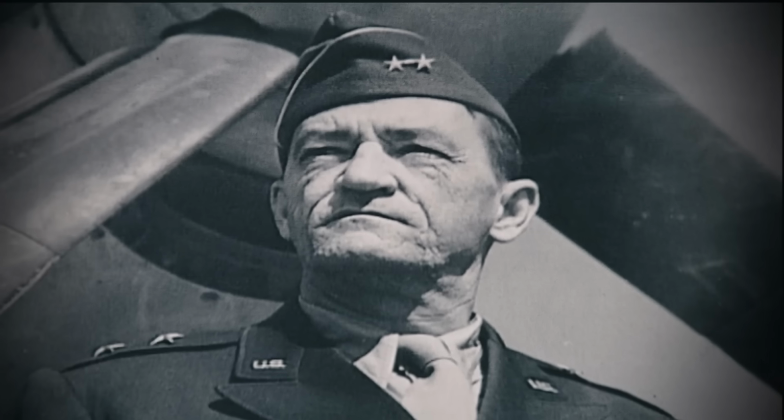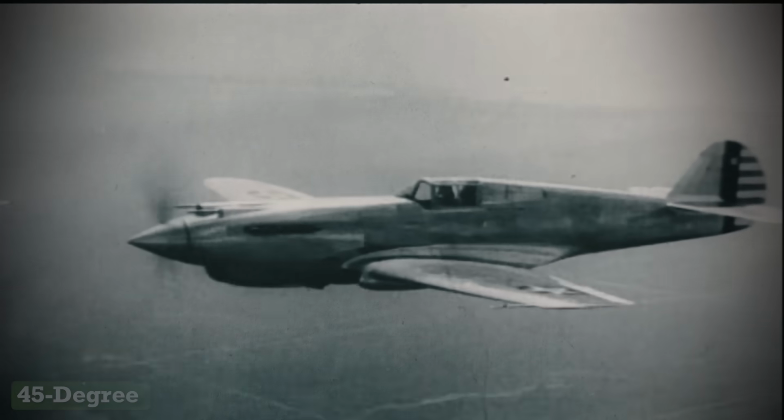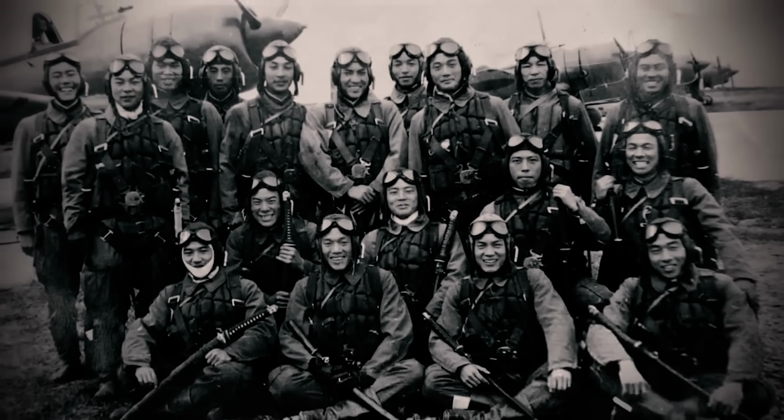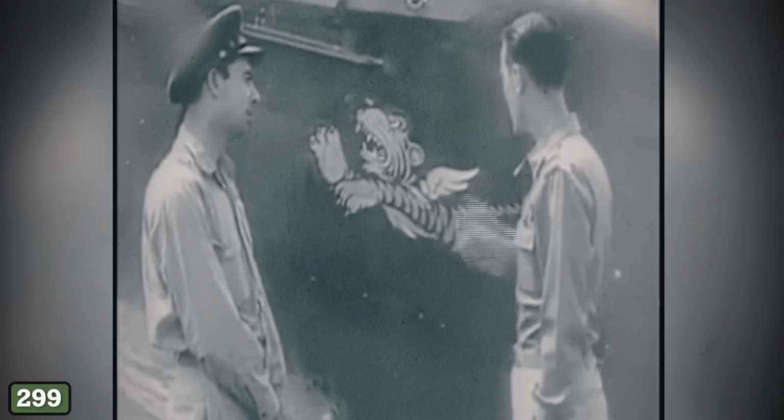The victory wasn't luck, it was geometry. Chennault had calculated that diving from a 45-degree angle gave his pilots a slight accuracy boost, as the P-40's nose-mounted guns aligned perfectly with a bomber's wingspan. He also banned deflection shooting, aiming ahead of a moving target, insisting his men close to 300 yards, point-blank range, to maximize damage. Japanese commanders initially dismissed the attacks as flukes, but by February 1942, the Flying Tigers had tallied